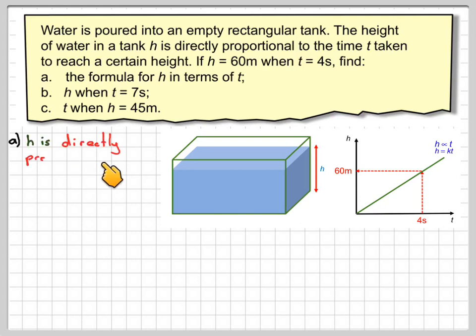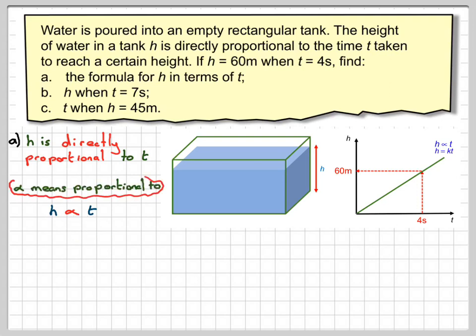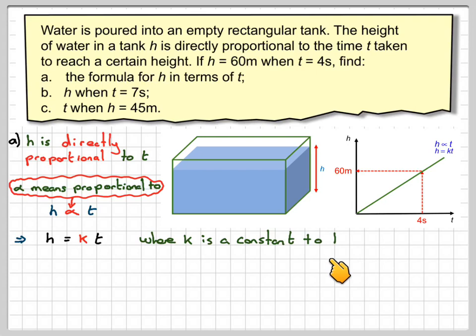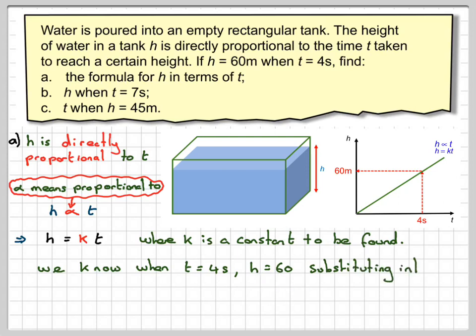So H is directly proportional to T, and we say that H is proportional to T, so we've got this symbol here for being proportional, that's what it means. And then because it's proportional to T, H must be equal to some constant times T. Now we can find the constant, where k is a constant to be found, because when T is equal to 4 seconds, H is 60